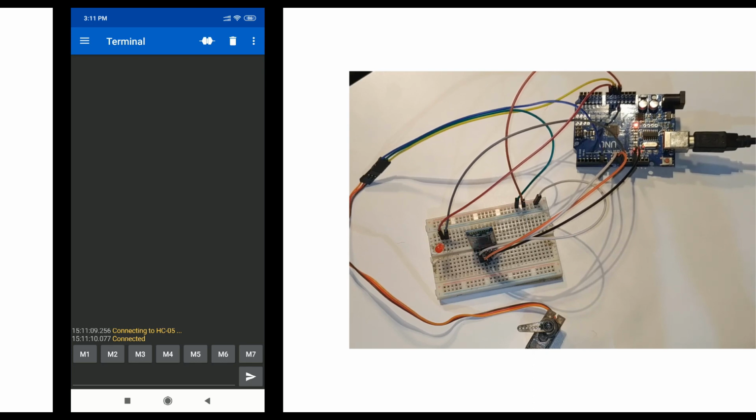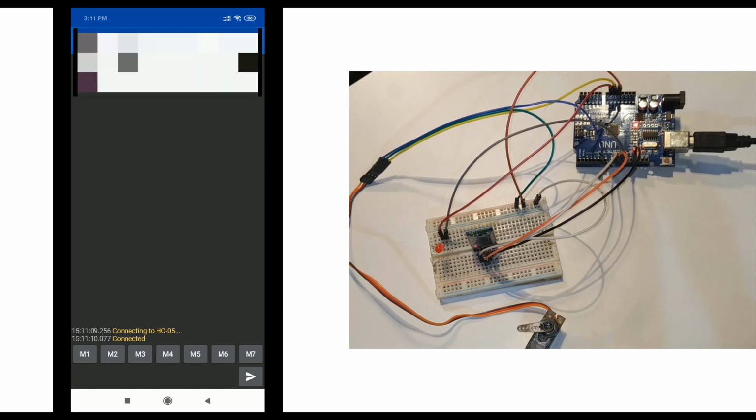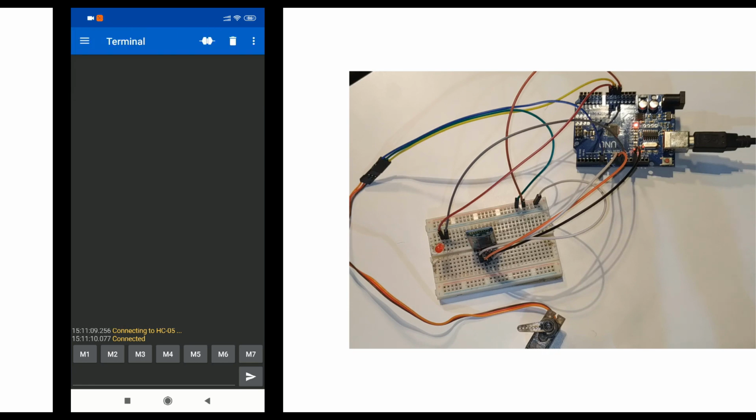Let me upload the LED code again so that we can see the LED in action rather than the servo motor first. I've uploaded the LED code on the Arduino. It says done uploading. Now on my Android, let me show you, this is the terminal.